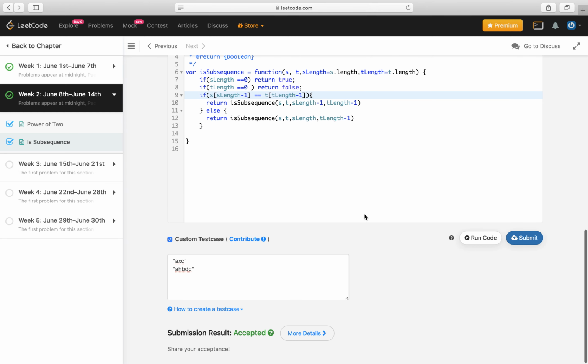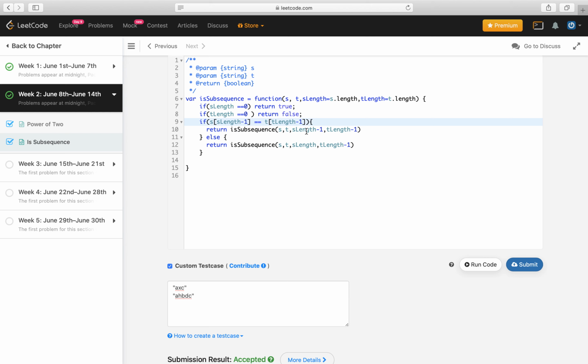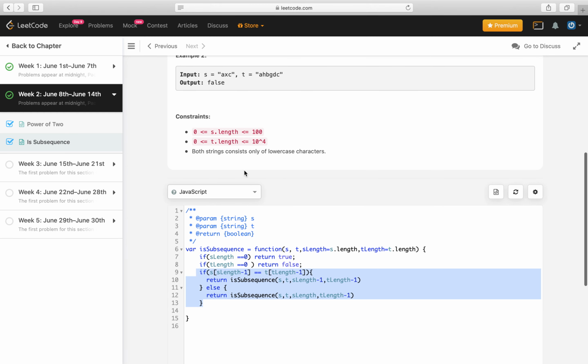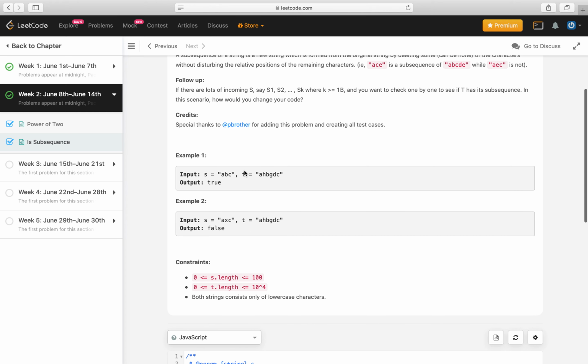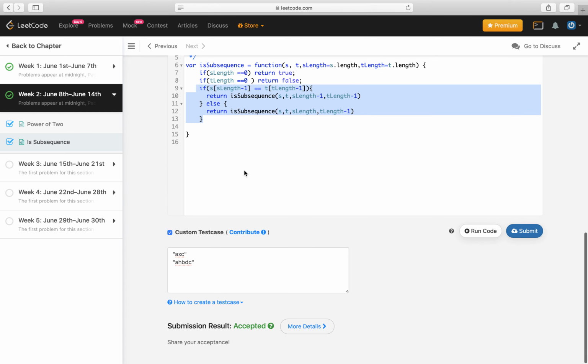Yeah, that's it. The solution is accepted. I like this solution. It's pretty much straightforward. We have a base case, and then we use the approach of recursion to check one character after another, and this is a solution of linear complexity. So when we have a very large length of s, it can be very nice to work with.